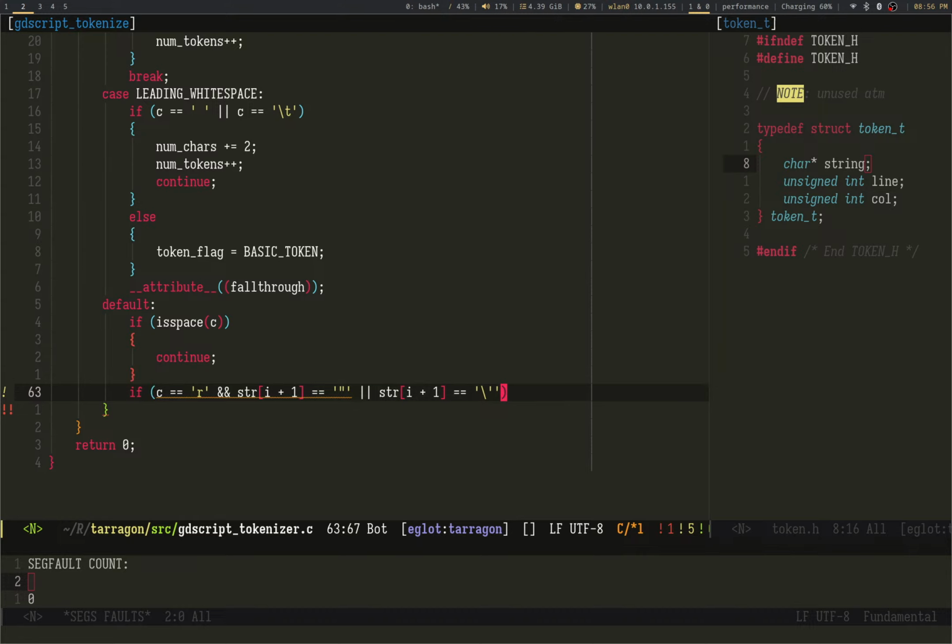Or I could add another flag for my enum, so that way... Why not?